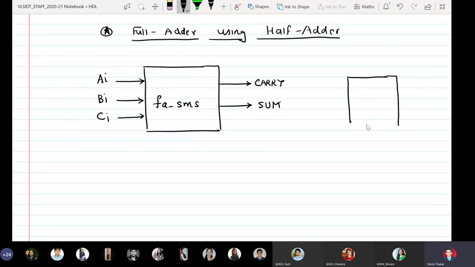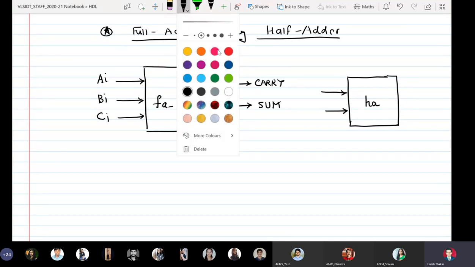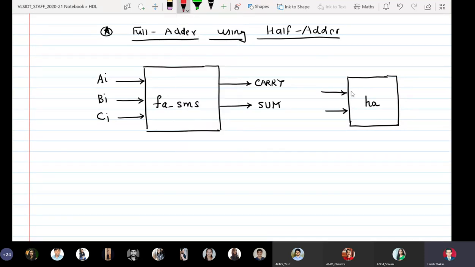So you can combine two half adders for that. Let our half adder have the name HA, and as I told you, we do not write signals outside the component. So let the inputs be x1, x2, and half adder also has two outputs, sum and carry.